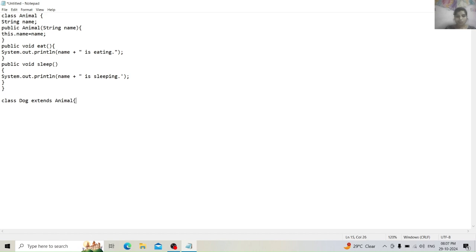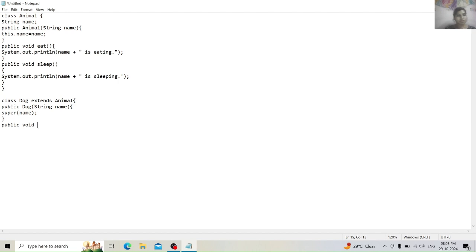Okay, so opening the class and then public Dog. This is the constructor, and again String name, opening that constructor, super(name);